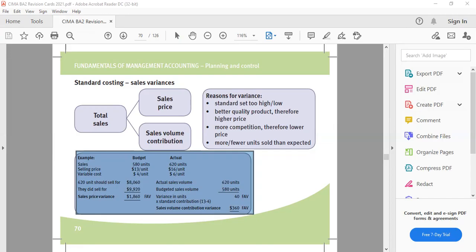The details are given to us. The number of units under budget, under actual. Then we have the selling price under the budget, under the actual. Then the variable costs are also given. In this case, what is the sales price variance? If we have to find out what is sales price variance, it would be the difference in the price, that is the budgeted price and the